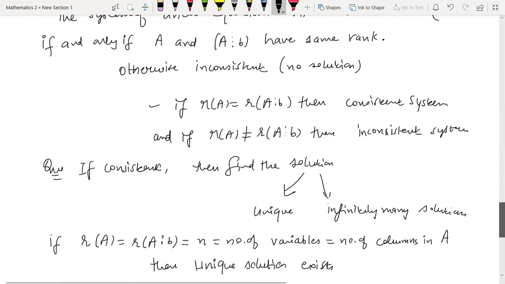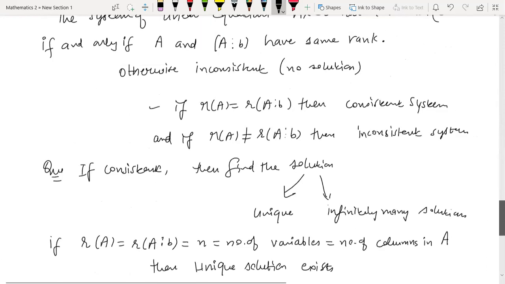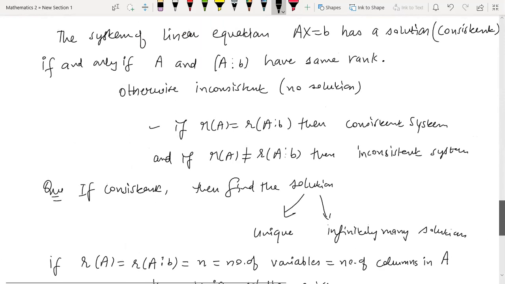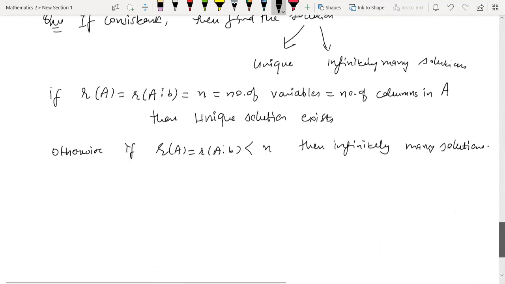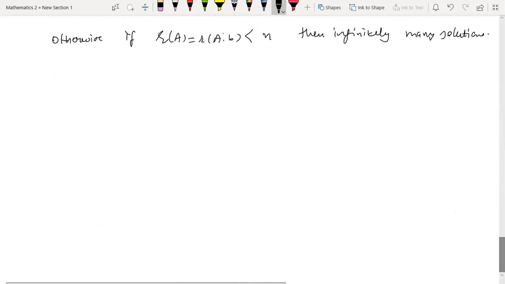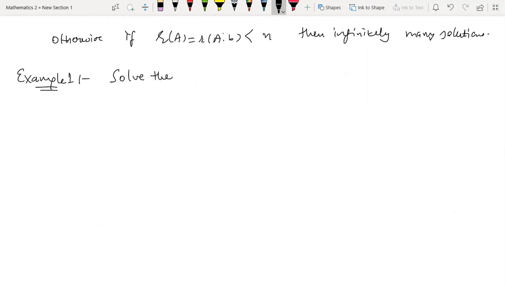So I'll just do an example and tell you how to solve for homogeneous. So we will do two types of questions. Firstly, solve a homogeneous system, that is rather easy to solve, and then we will do the non-homogeneous systems. So let me do the first example. So this question is, solve the homogeneous system of equations Ax is equal to 0.